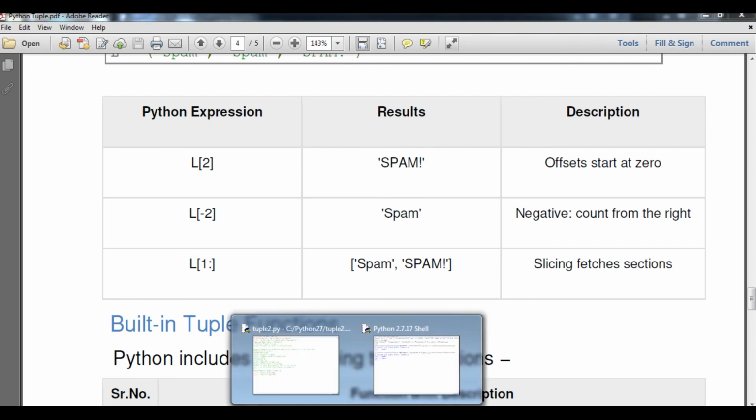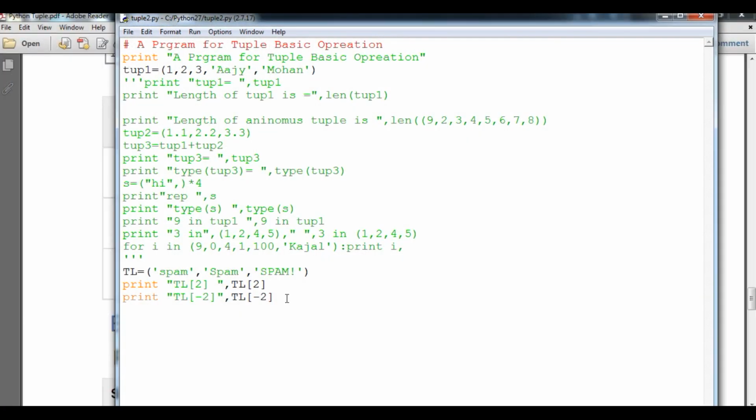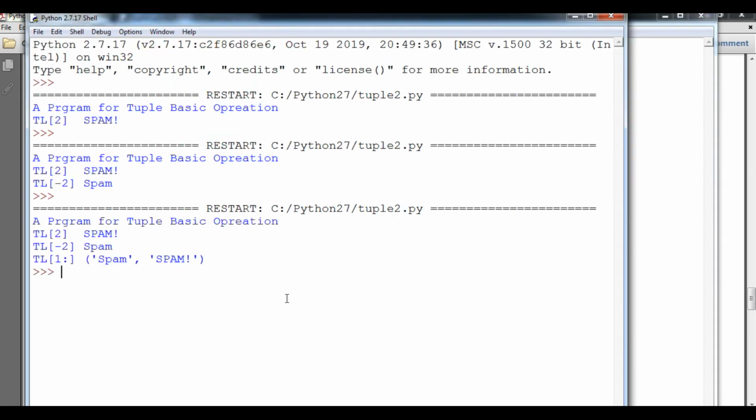And now the third case we are going to understand, L[1:]. This is similar to our list slicing and string slicing also. So you will get more practice by watching that video. So here simply 1 and colon, then after that empty. We are doing the same, TL[1:]. Let's see what the output is. Yes, it skips the 0th index element, and the first index value and the second also will print, the whole rest.